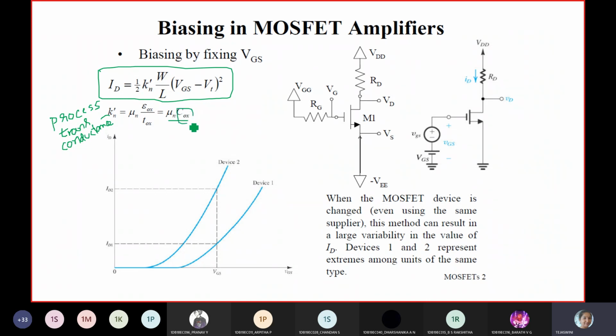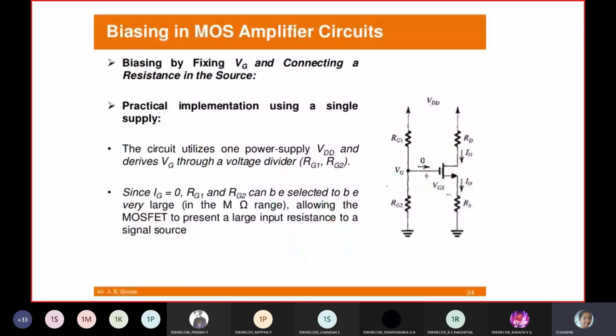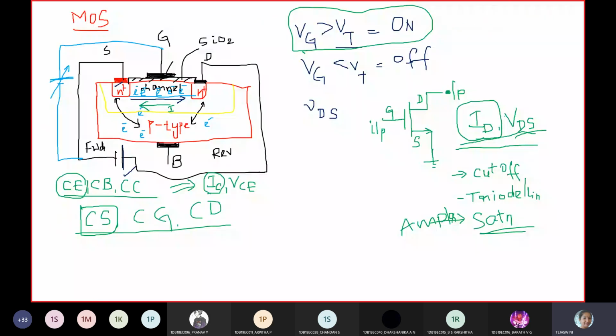So I'll go back to the slide. One thing I hope you have observed, this is a p-type substrate. Is the channel formed p-channel or n-channel? N channel, ma'am. N channel. So I hope it is an inverted channel. Yes. The substrate is p-type. The channel is n-channel. It is inverted. Okay. So that is one thing. And one more thing I want to convey to you.